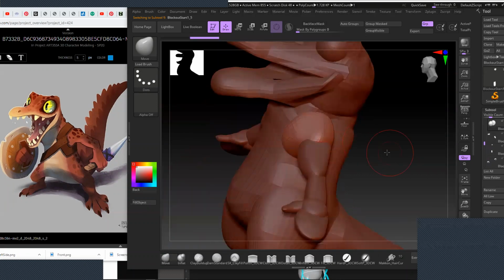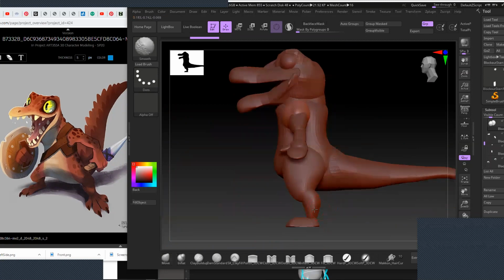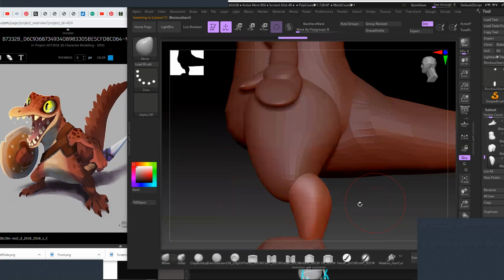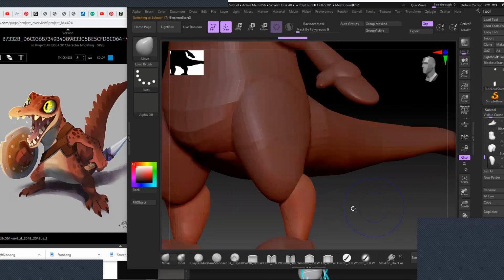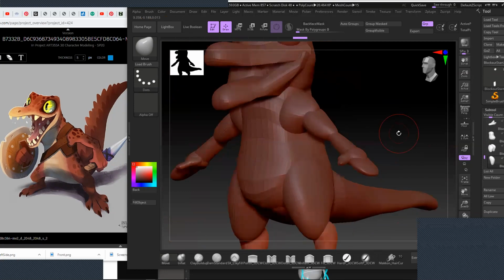So should I just redo the torso? Actually, I don't think the torso is that bad. I feel like some of these other pieces just need to be smoothed out a little bit. You want to try to get them a little cleaner. So it's just smoothing them out. With the torso,